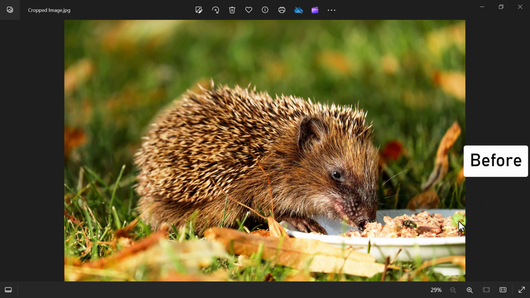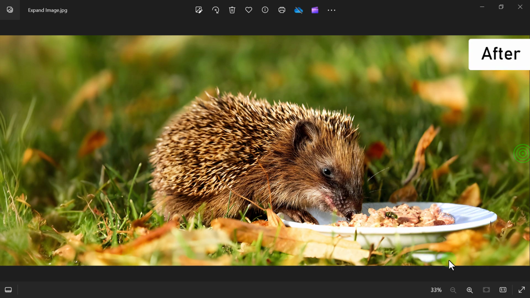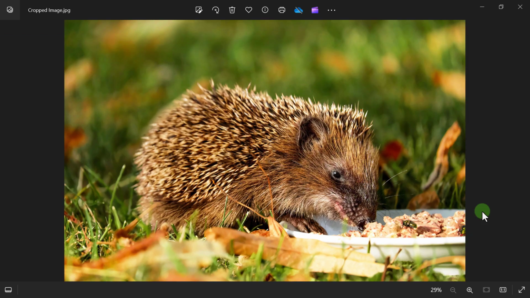This is before and this is after. Before,